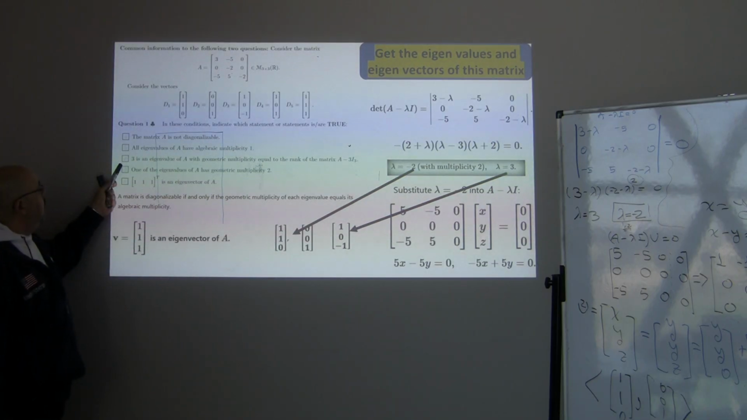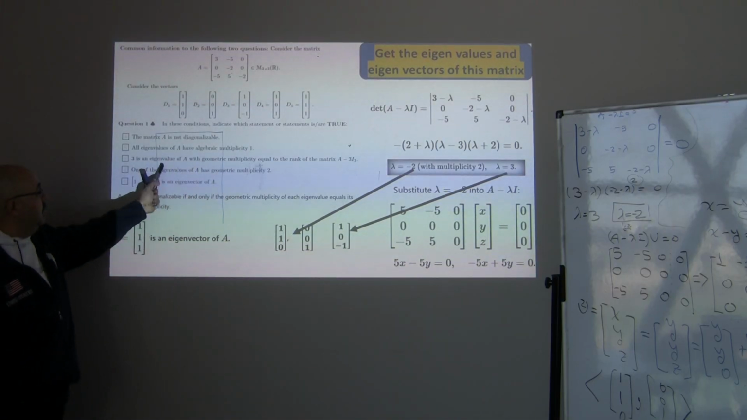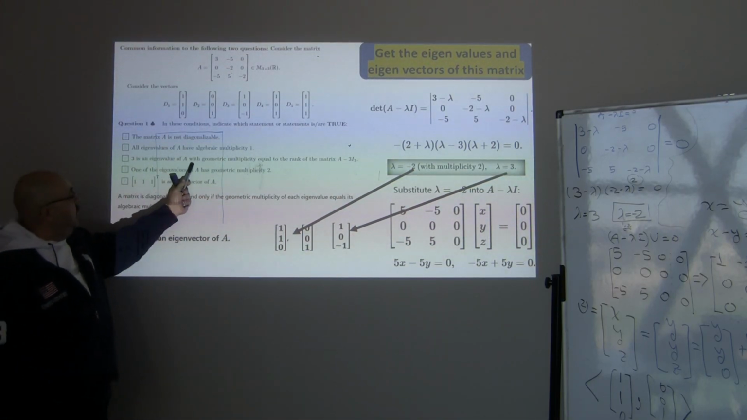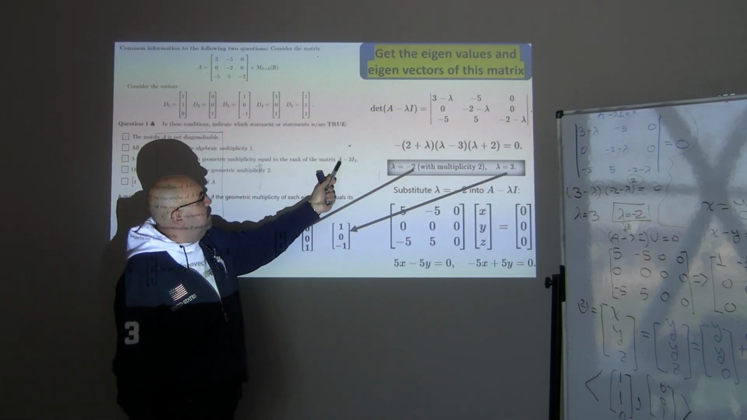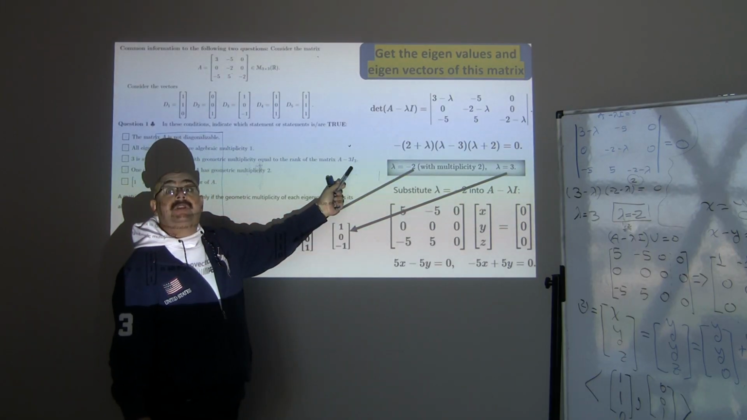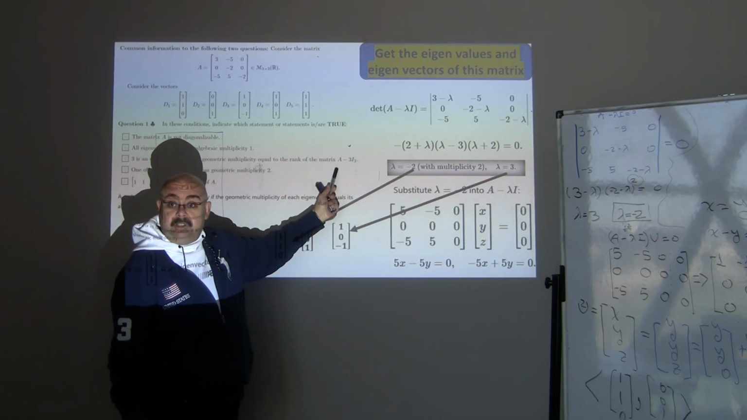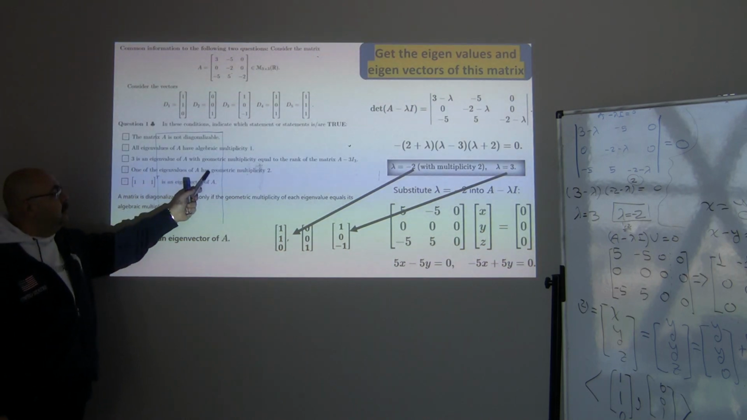Okay. The third one, 3 is an eigenvalue of A. Is 3 an eigenvalue? 3 is an eigenvalue of A with geometric multiplicity equal to the rank of the matrix A minus 3I3. No, it's not correct. Although it's an eigenvalue, it's not correct in this statement. Okay, one of the eigenvalues of A has geometric multiplicity of 2,